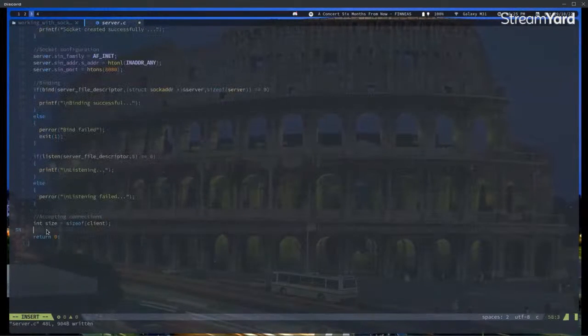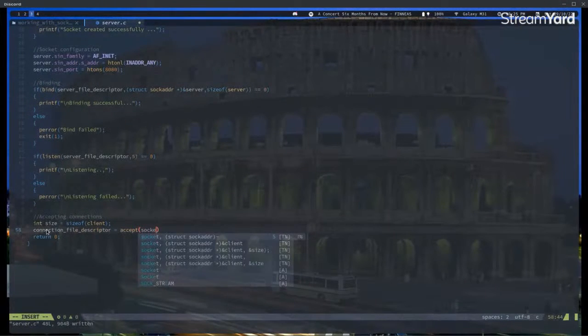Yes, I defined a connection file descriptor and then set it, and then socket file descriptor,